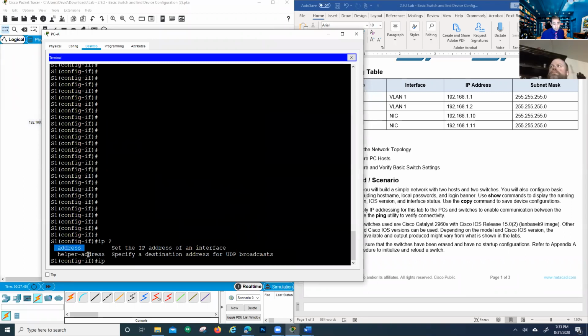Right now, we're looking for the IP address, because we're trying to set up the IP address for this device. And again, remember, an IP address is like a home address when you're sending a letter through the mail, okay? For this device to be able to communicate on the network, it needs an IP address. So, IP address